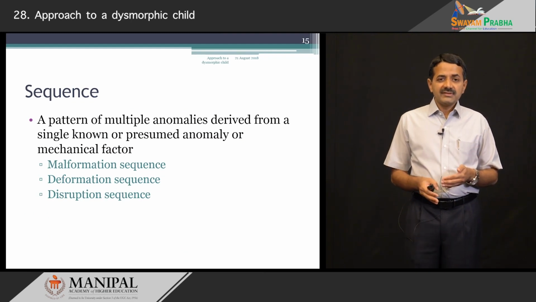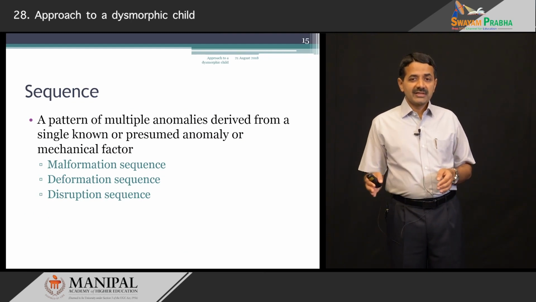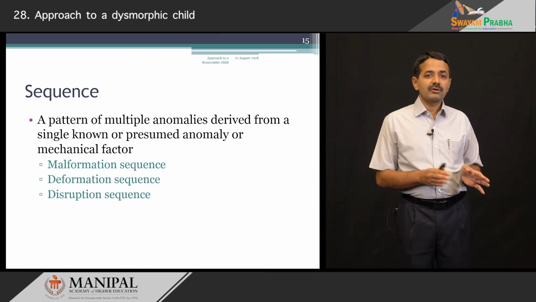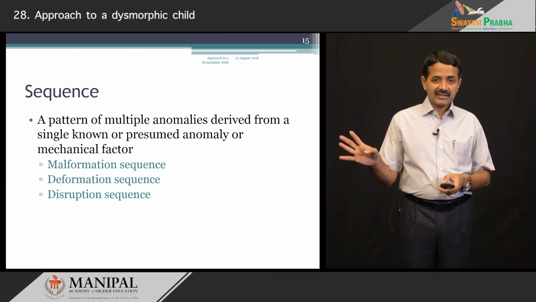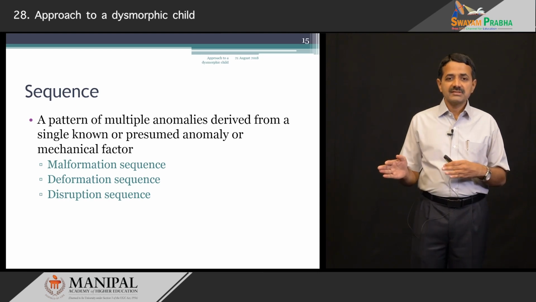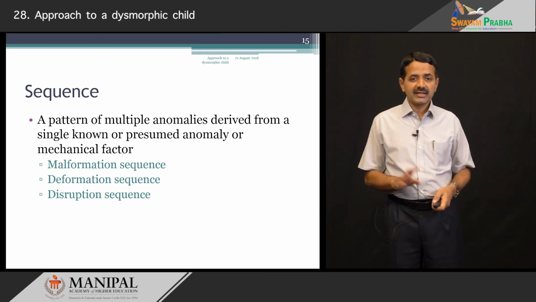To define a sequence, it is a pattern of multiple anomalies derived from a single known or presumed anomaly or a mechanical factor. It can be a malformation sequence, it can be a deformation sequence, or it can be a